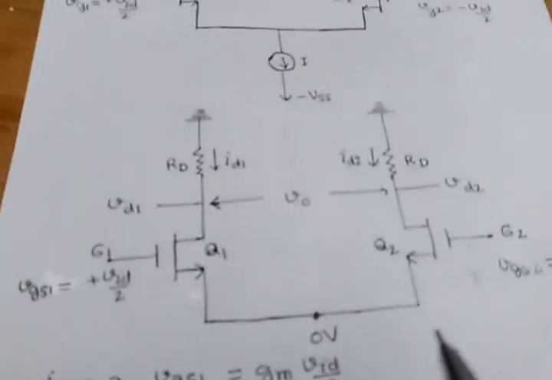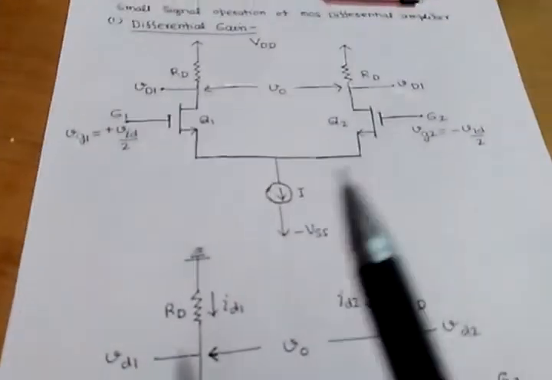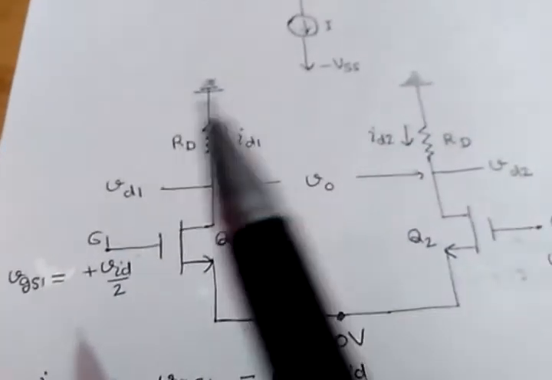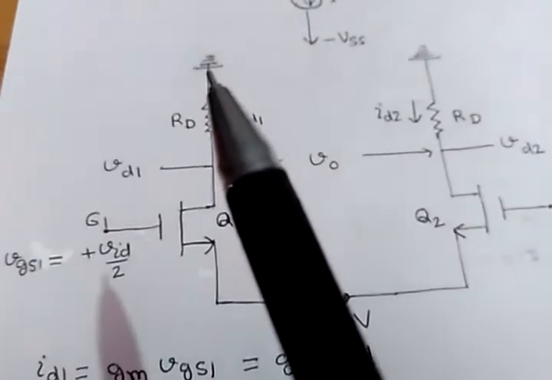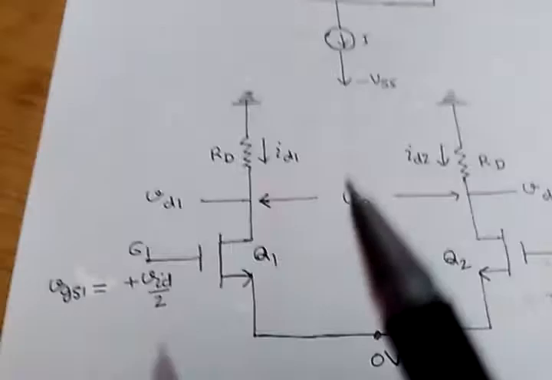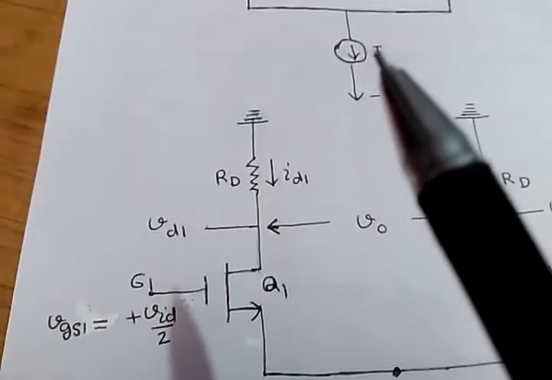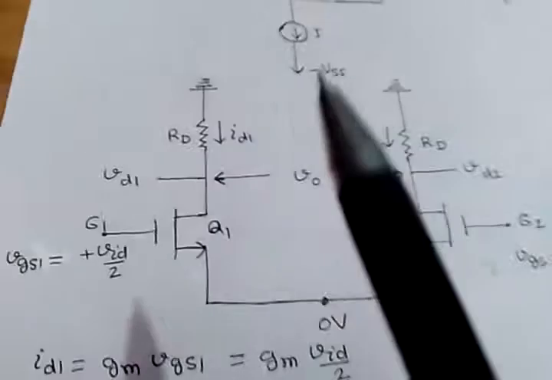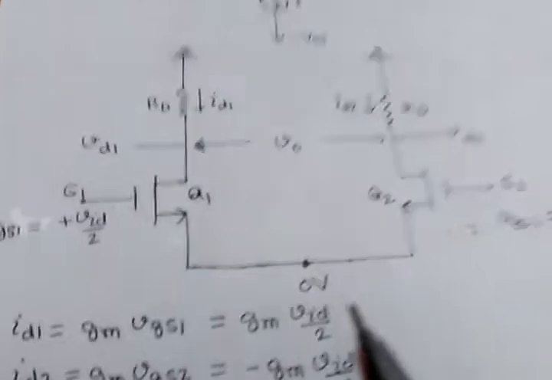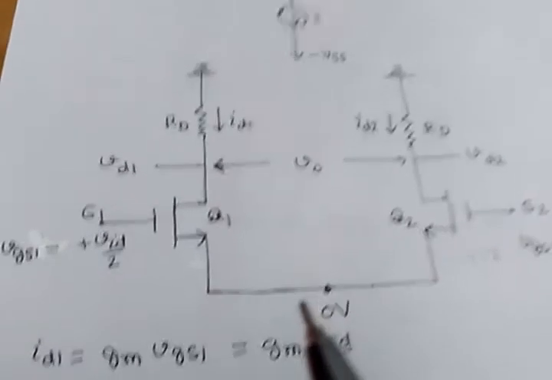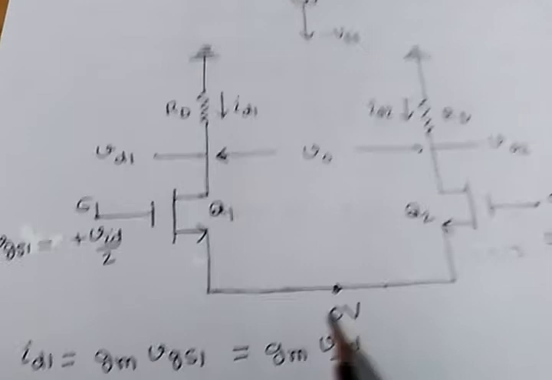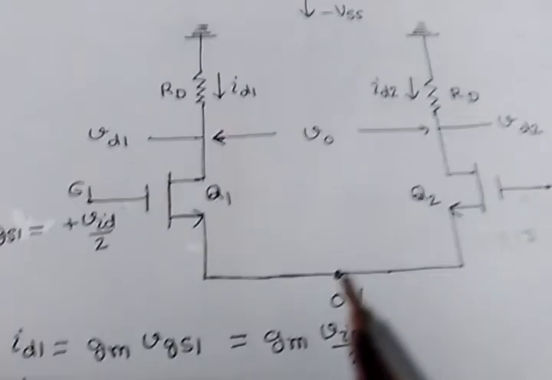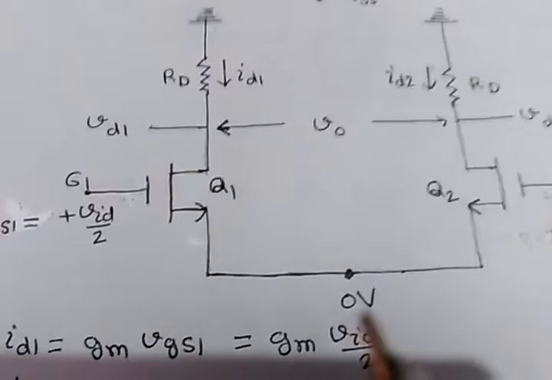So we have to draw the AC equivalent circuit of this MOS structure. To draw the AC equivalent circuit, we have to put the DC voltage at the ground level. So I have indicated here ground level, and we have to replace the DC current source as an open circuit. So here I have removed this current source. The sources of these two transistors are joined together, and the joining point I have taken as a reference voltage 0 volt.